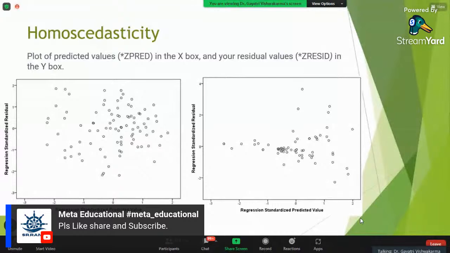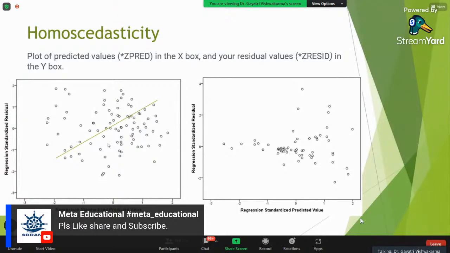Okay, so for assessing homoscedasticity, it's a difficult name to say. Again and again, I have to say, I was practicing it to say correctly. So if you can see in the first plot, there is homoscedasticity, but in the second one, we cannot see homoscedasticity, because if we draw one line, we can see an equal number on both sides.